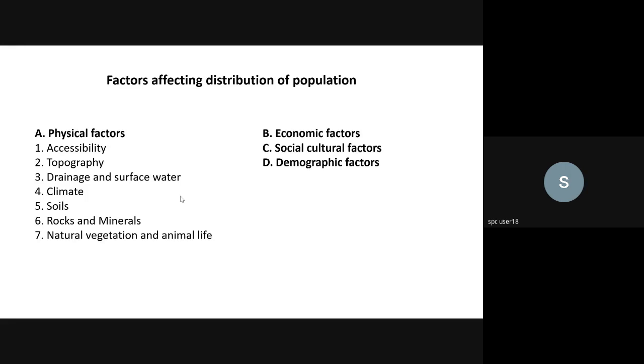In the physical factors, we have accessibility and topography. Water we said is a very important aspect, but too much water or too little water is a difficulty. So climate wise, I said the other day that